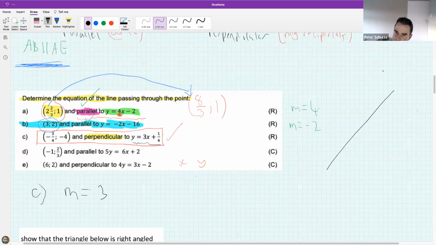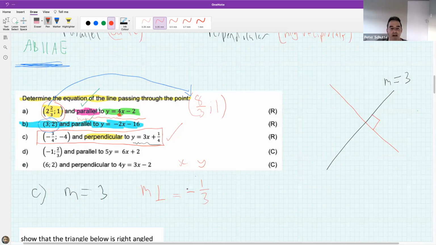Say, for example, here is a straight line, and we're going to say the gradient is 3. The line that I'm after is actually perpendicular to this line. So what is the gradient going to be of the line that I'm trying to find? From what we did earlier in the lesson, the perpendicular line is going to have a gradient of minus